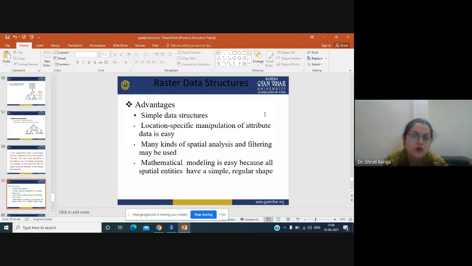So what we do in that case is convert vector data into raster data first, and then we go for different kinds of modeling applications on those data sets. So mathematical modeling is easy for a complete image or complete raster data because they are regular in shape and they have simple entities to be changed.